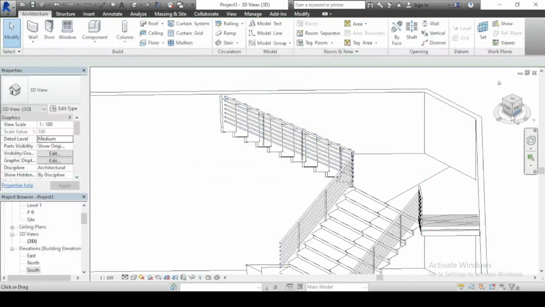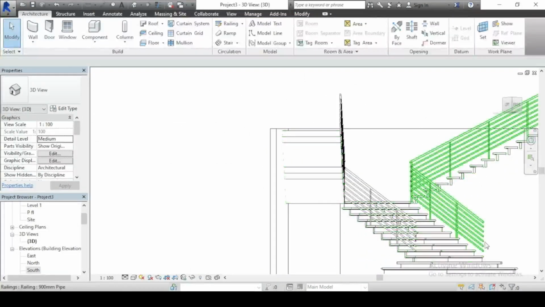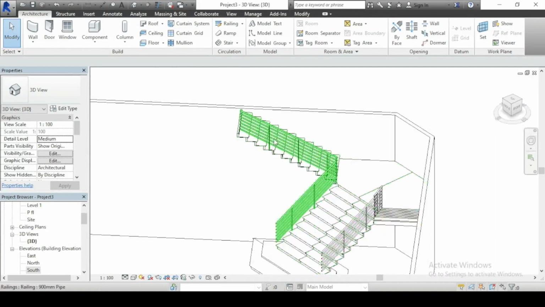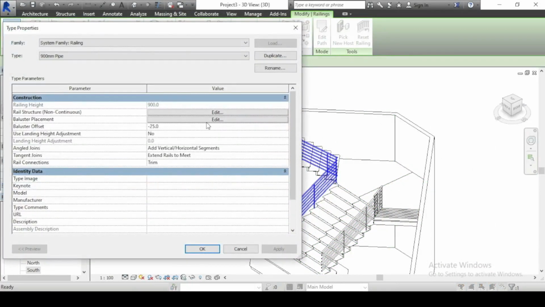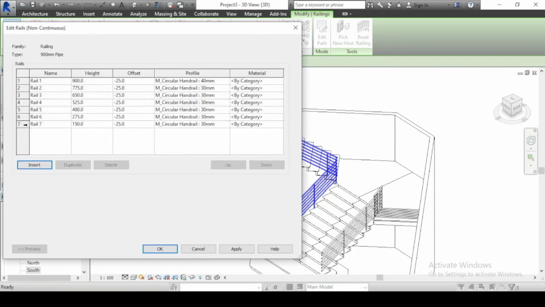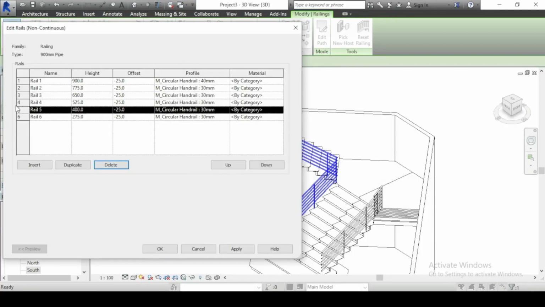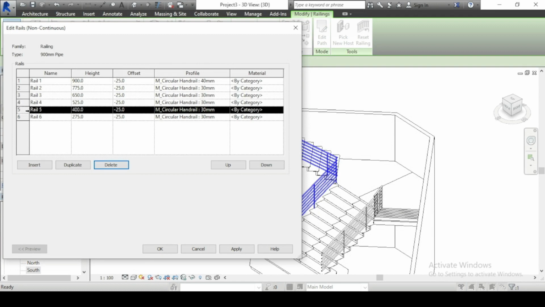So you can see at every end and at every beginning there is a missing baluster. The reason for that is that I'm going to place an ornamental baluster there later on. So I'm going to edit the rail structure, and this is where you can add and delete if you don't like the number. Like I'm going to delete some numbers here, just randomly delete some,